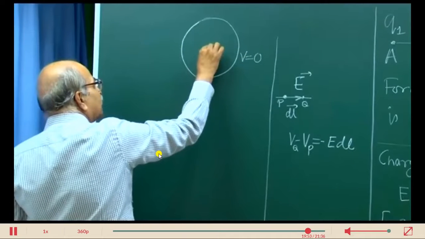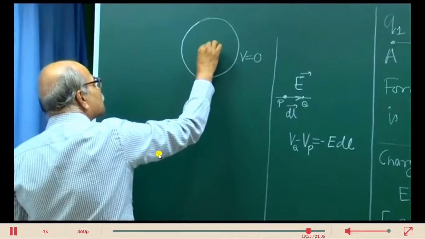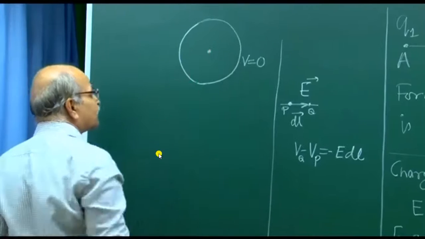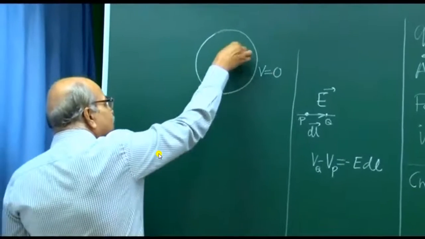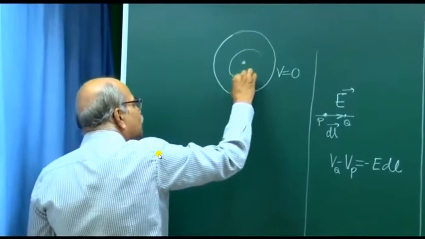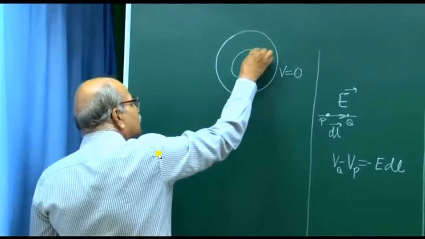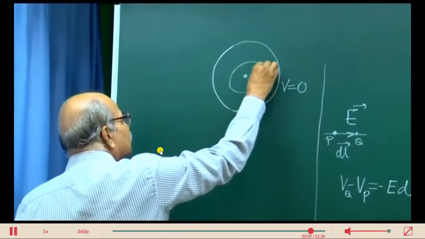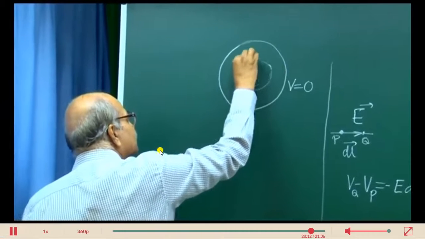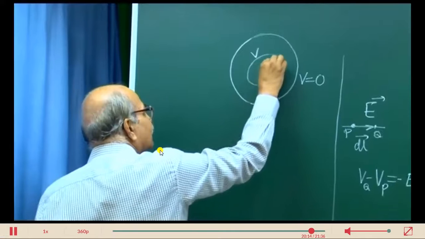Then in the middle I put the positive end of the battery, so there is a higher potential here, and then I have a circle, and what I find is that at every point on this circle, the potential is the same. If this distance is r,